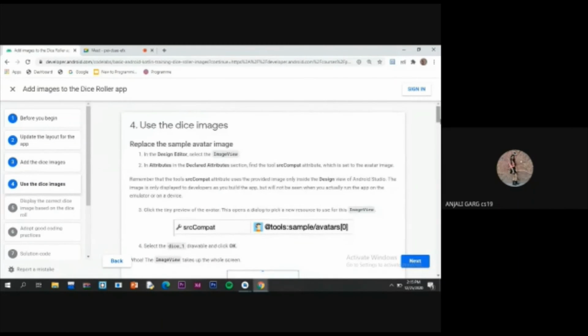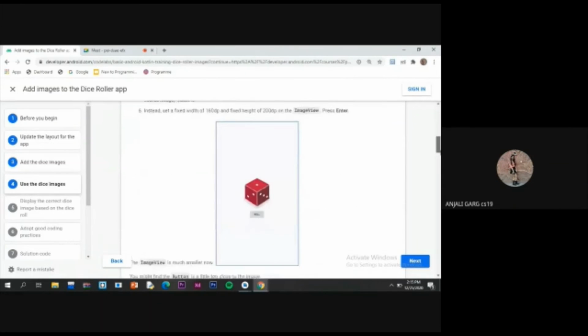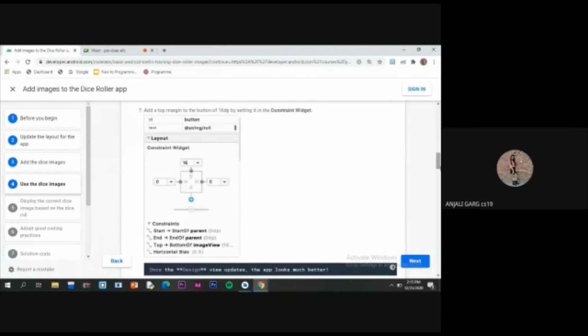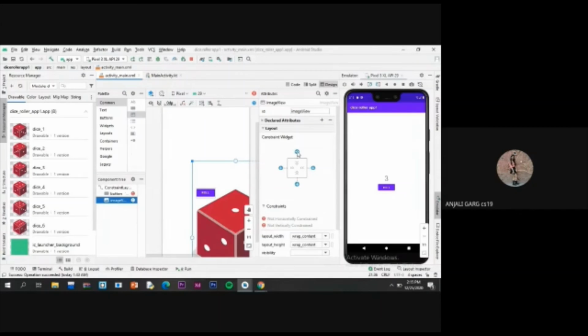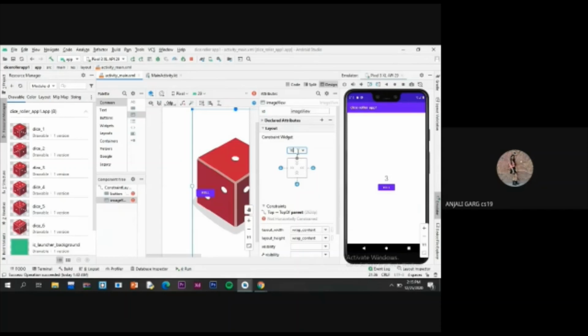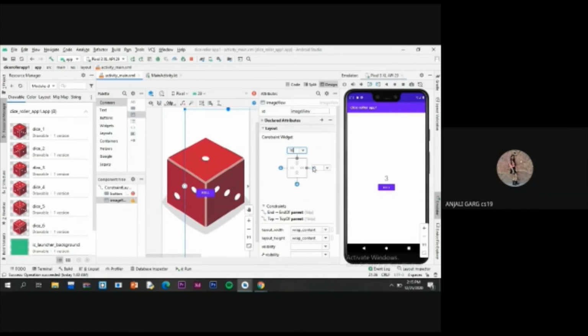We have clicked on the avatar and selected one. Now, here you can see the size 1600. So I will do the same. On the top, we do 16. Click enter. Then it's already 0.